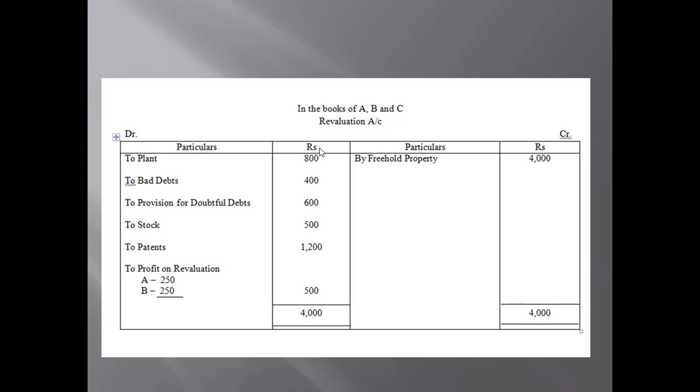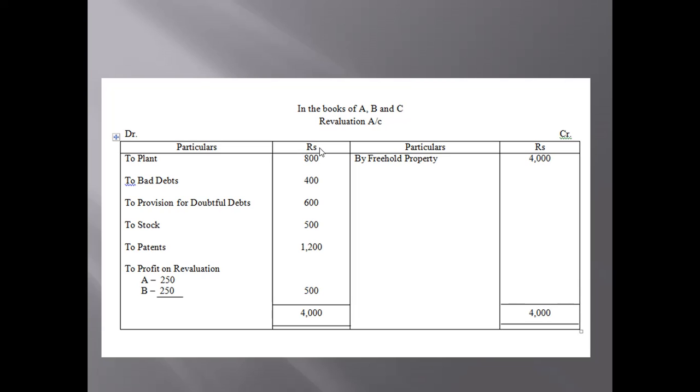So as you can see here, in the question there are adjustments given. There are six adjustments, A, B, C, D, E, F. So the first adjustment, freehold property to be revalued at 28,000. Whenever the amount is followed by the word to or at, we have to compare it. We compare the value given in the balance sheet, that is the old value, and the new value which is given in the adjustment. So we compare it and we write the difference here.